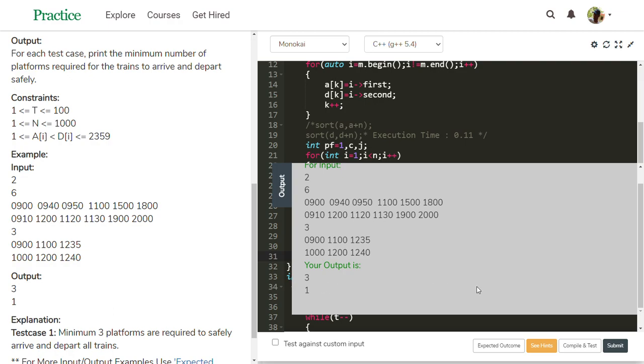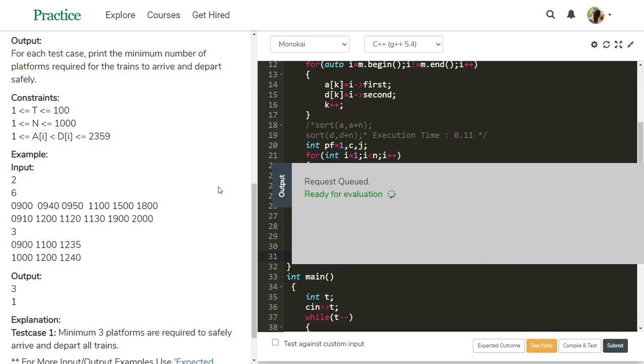Then submit. Yes, correct answer with execution time 0.19.